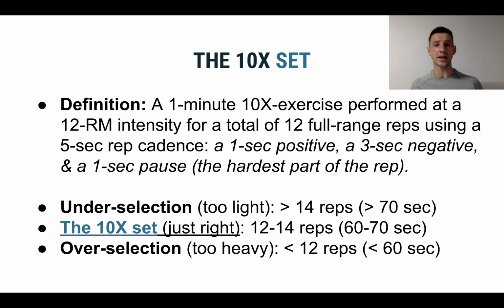So now let's quickly take a look at an example of under selection. First, starting with the perfect set. I want to show you what the perfect set looks like. Then I'll show you a video of under selection when it's too light. What do we do? Again, we make it heavier the next workout or the second circuit if the exercises are the same. And then I'll show you a video of when we have selected a load that's too heavy and then doing the rest pause technique as a remedy to that, provided that happens in the second circuit of your